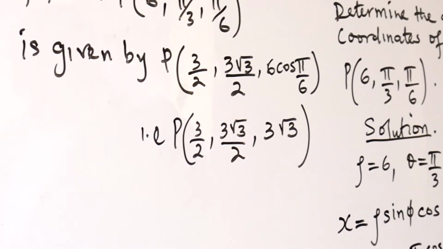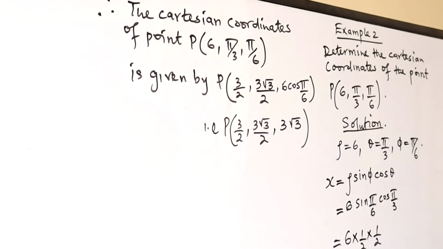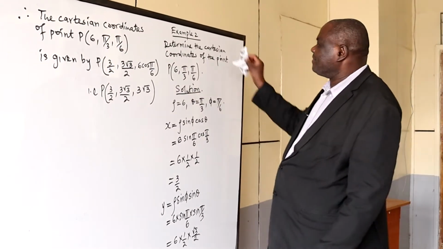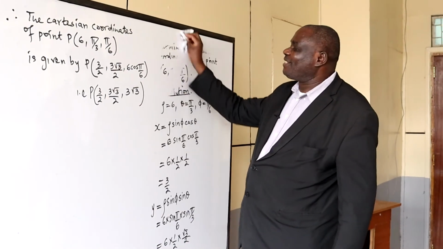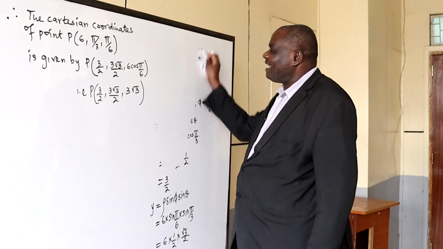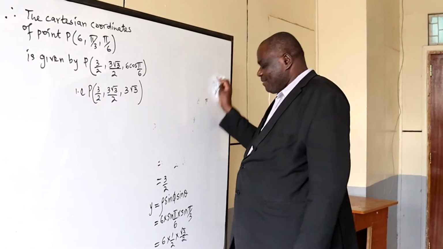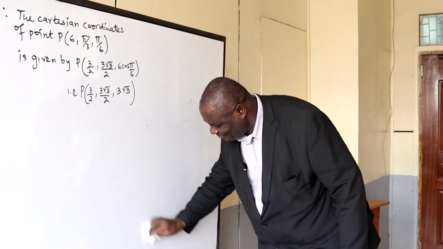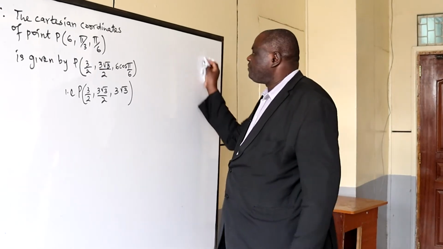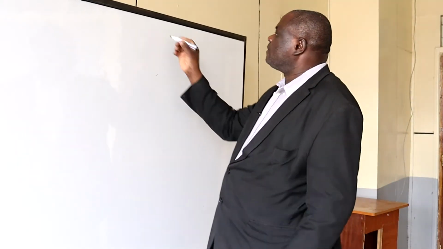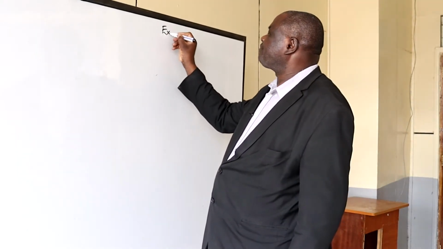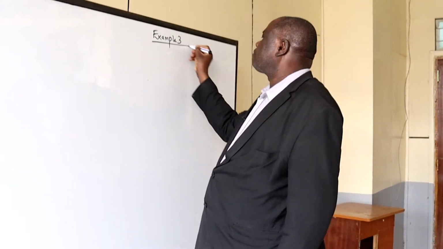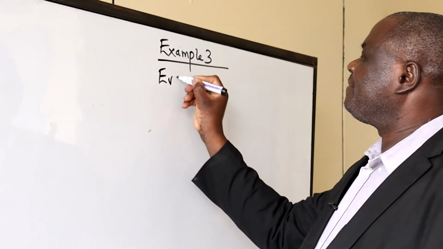Okay. So we now move to another example, now dealing with the integrals. We are through with conversion from either Cartesian to spherical, and also from spherical to Cartesian. Example 3. Evaluate